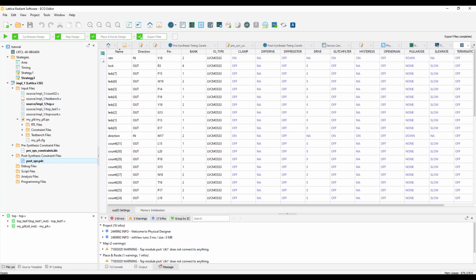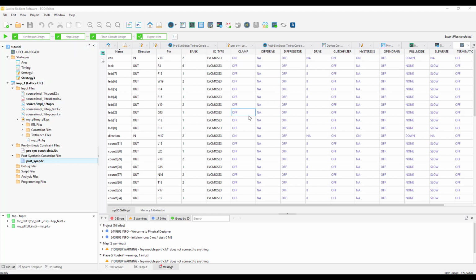You can use this ECO editor to change the I/O attributes, pull mode, drive strength, slew rate, and clamp. You will not be able to use this ECO editor to change the I/O pins or the pin locations. In order to change them, you will have to change them in the PDC file, and that requires you to rerun the process from the map design process.